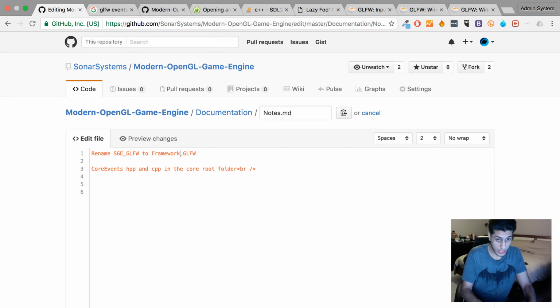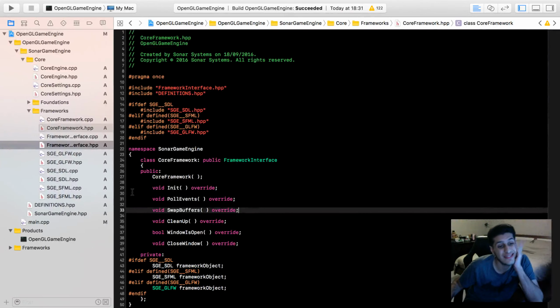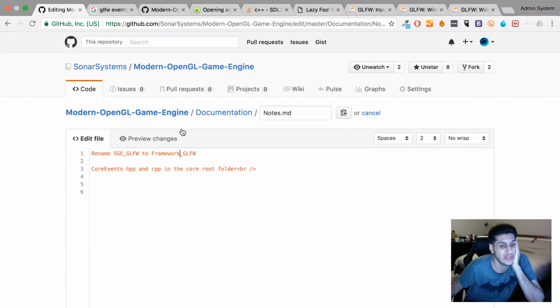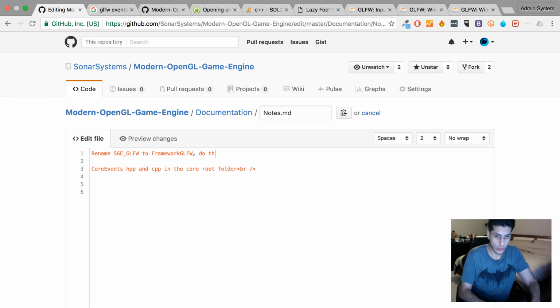I could do it to frame. Let's have a look at the naming convention we go for everything else. Yeah, I might just do that. This is called framework interface. Should do underscore. I might as well just do that, I guess. Framework GLFW. Does that look good? Yeah, that's fine, I guess. Do the same for SDL and SFML. Once we've done that,